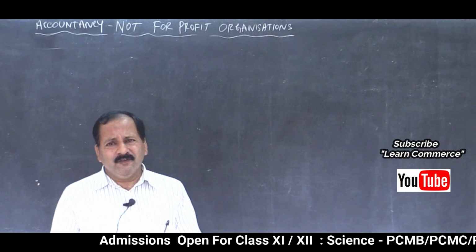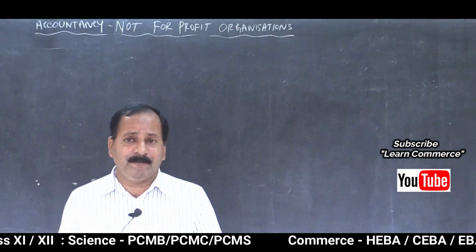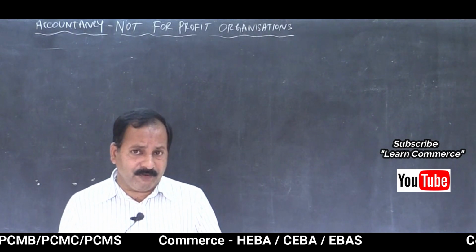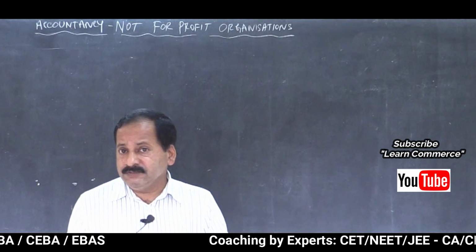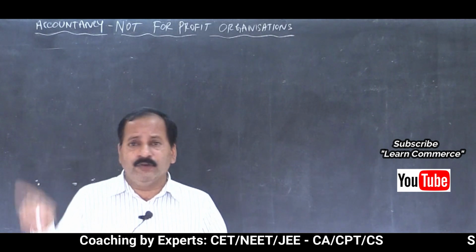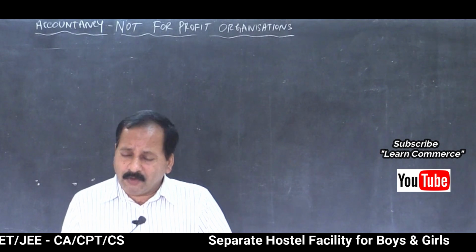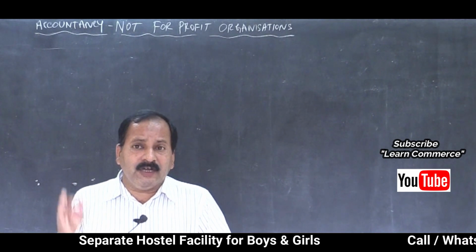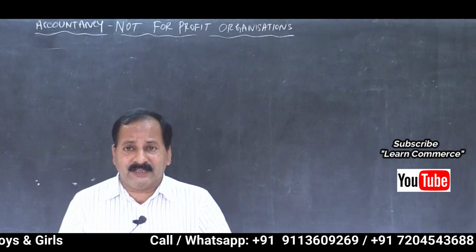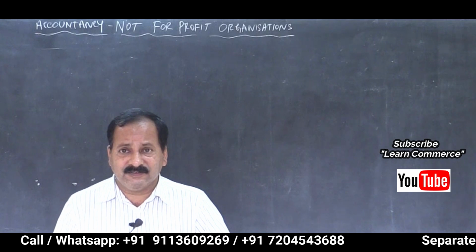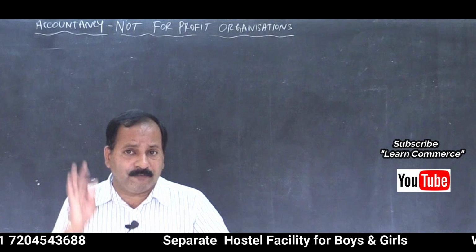So friends, what is the difference between the trading concerns and non-trading concerns then? Not for profit organizations and profit organizations. Profit organizations, you know it very well, maybe sole trading concern, joint family firm, different forms of business ownership, including joint stock company, MNC, everything, isn't it? Their intention is to earn profit. They want to remain in the market. They want to establish their business. They want expansion of their business. Ultimate aim is to earn profit.